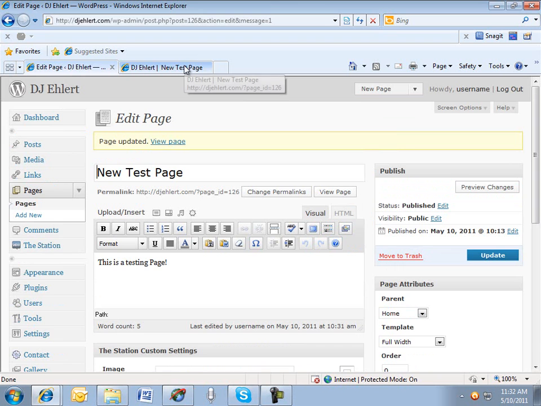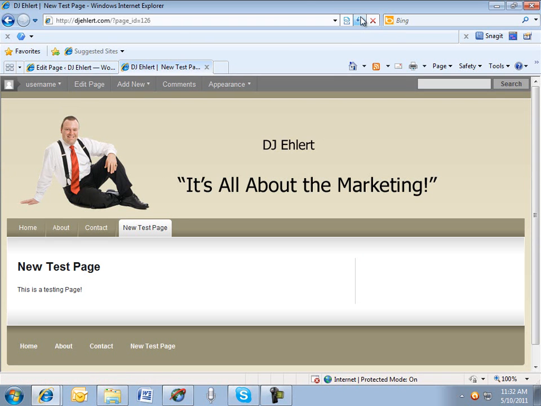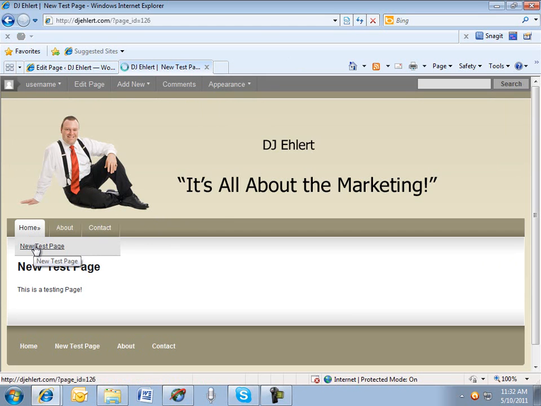We'll go back to the live site, and I'm going to click on the refresh button. And that did 3 things for us. It moved it from the main navigation. It now has a parent, and the parent is the home page, so now it becomes a sub-navigation underneath the home link. And when I click on the page, it opens it up. It's a test page, and the line is gone now,